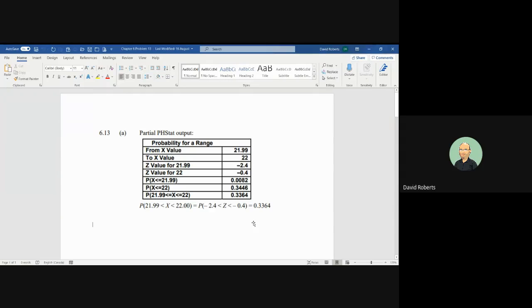Welcome to the word explanation for 613. In this particular case, we have some machine parts. We're given a diameter